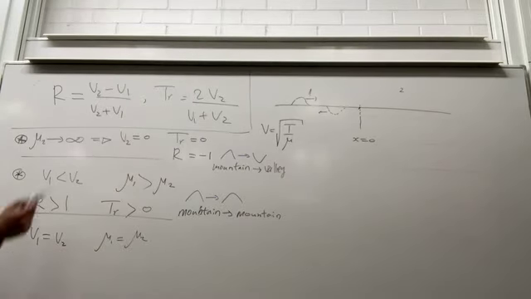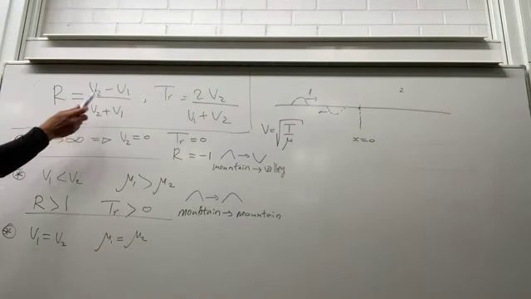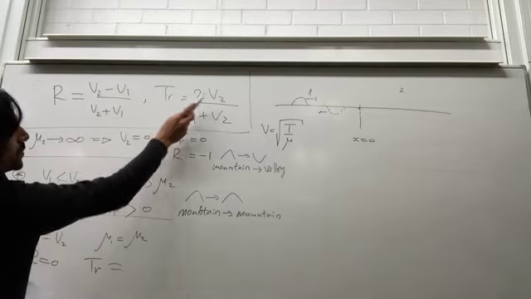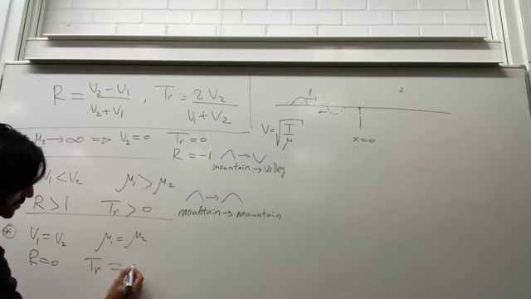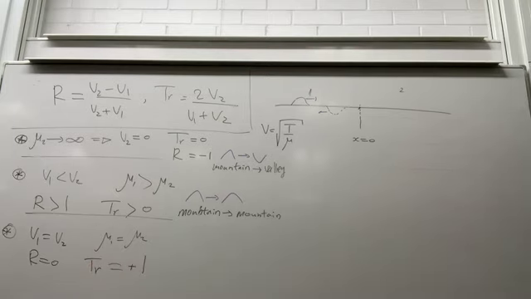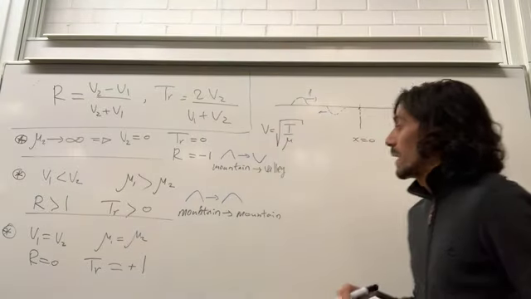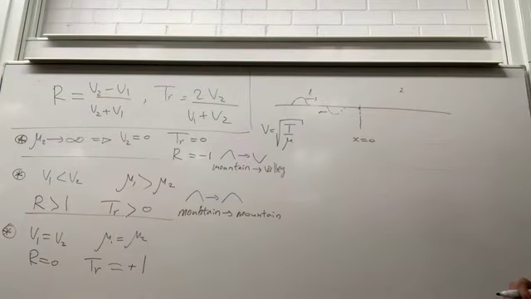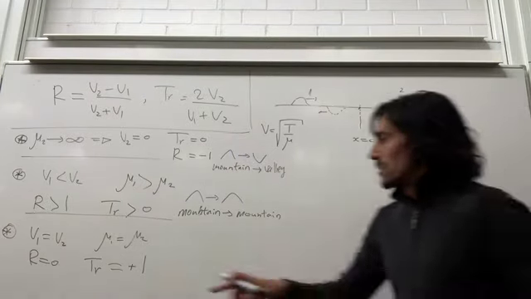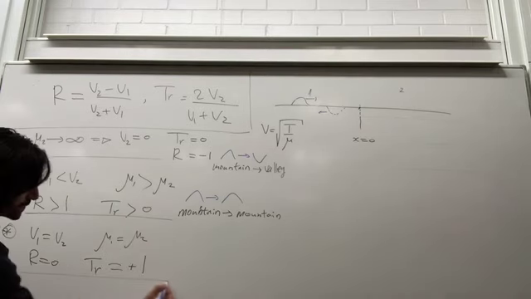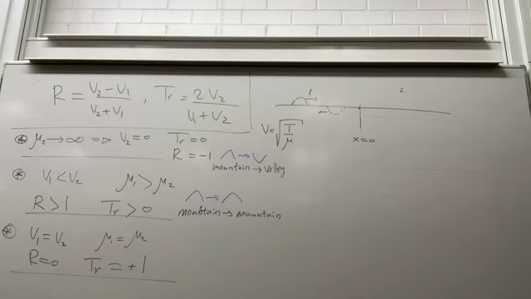In this case, V1 equals V2. Here we are. Reflection equals 0. So R equals 0. And TR should be equal to plus 1. It's 2 over 2. That is plus 1. So you send a mountain and it never comes back. And it remains the same mountain. There is no reflection, and the transmission is plus 1. Okay, now